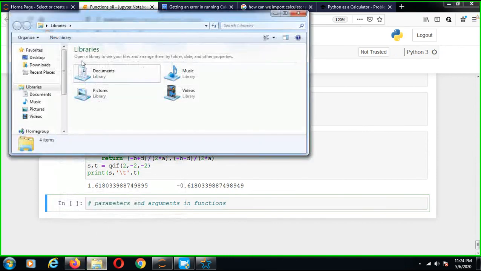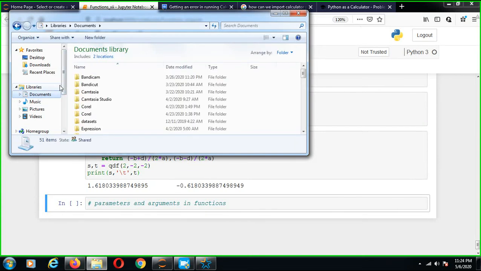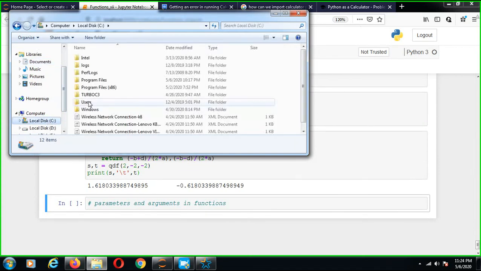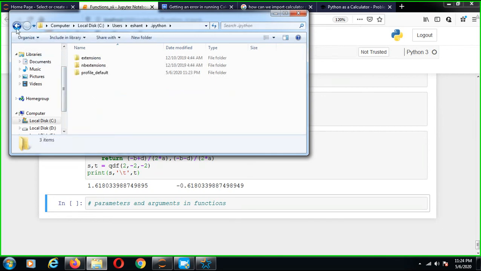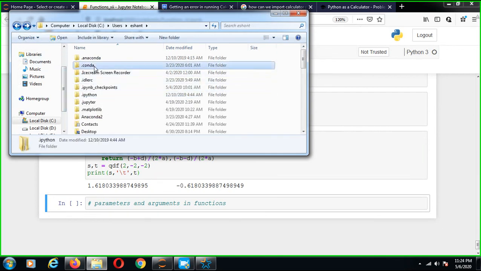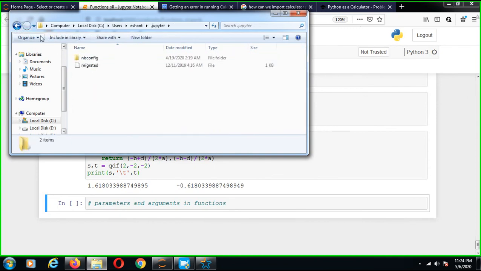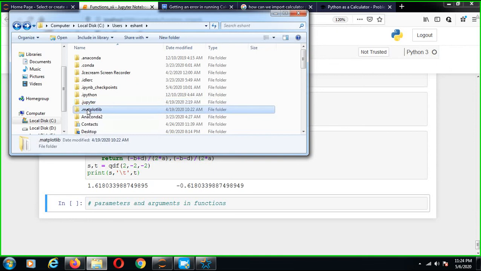Just go to my computer, and this is the way. Username is there, C drive, username, user area, and this is the IPython. You can see the code, Anaconda and Jupyter. So these are just Matplotlib.